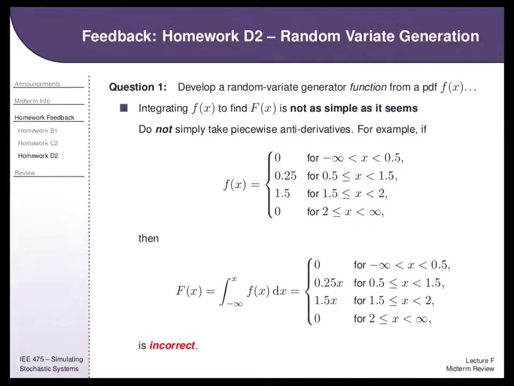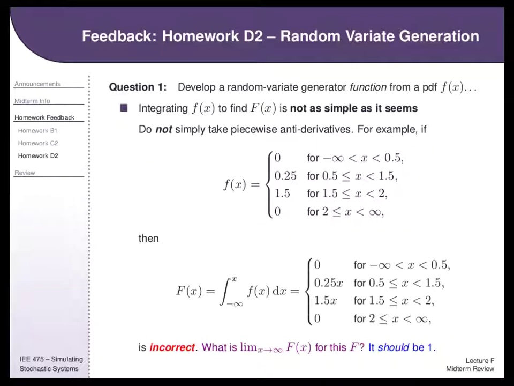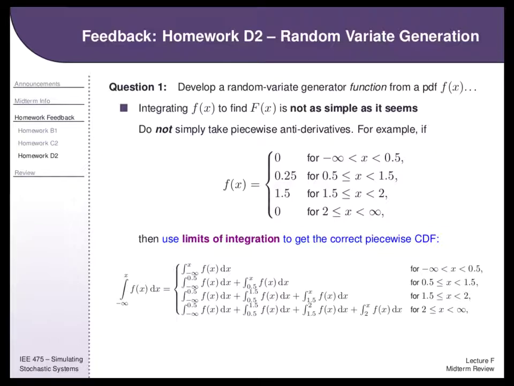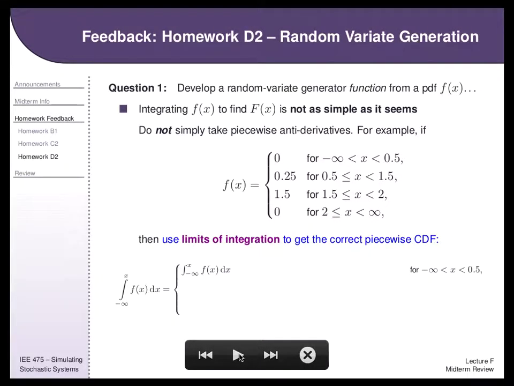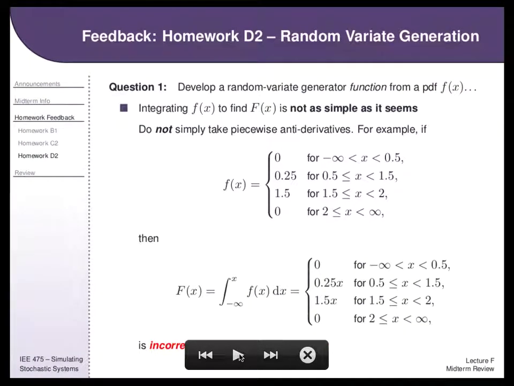Here is a simple example that is a real PMF and a real PDF or CDF. I have this PDF, and the temptation is to integrate each piece. So I integrate under each piece, and if I integrate under 0, I get 0. If I integrate under 0.25, I get 0.25x. 1.5, 1.5x, 0, 0. That's the temptation. But it's wrong, it's incorrect as a CDF because it